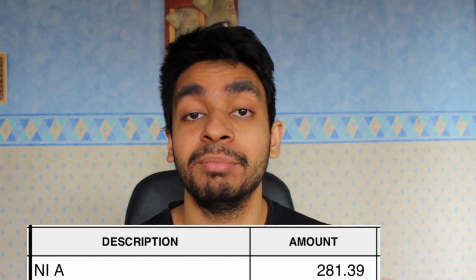Now let's move on to the deductions. So on the right hand side of the payslip, you have your deductions, and there are different things you get deductions for. So number one is national insurance, so I had to give £281.39. Then I had to pay a certain amount of money which goes towards my pension in the future, so that was